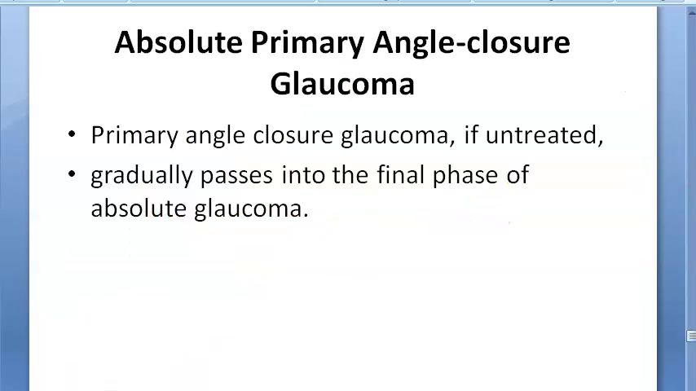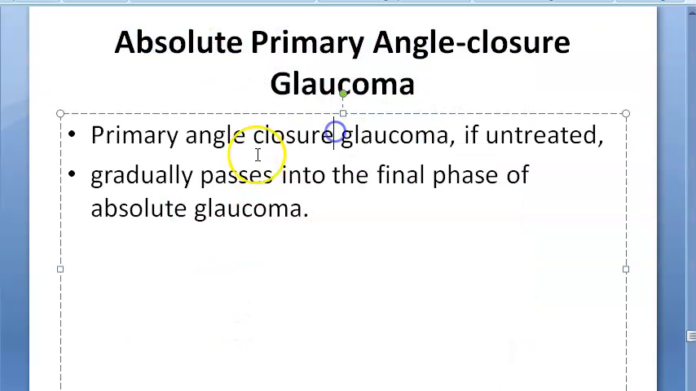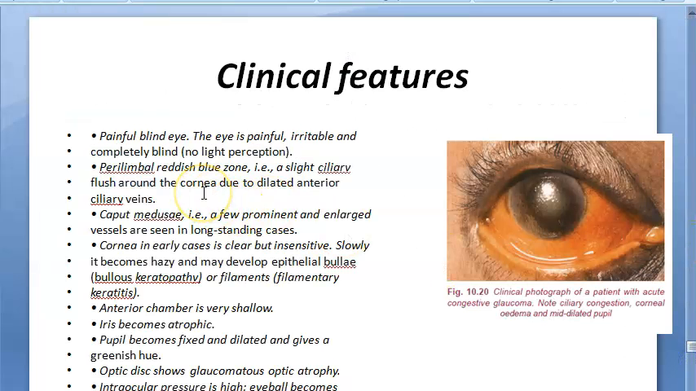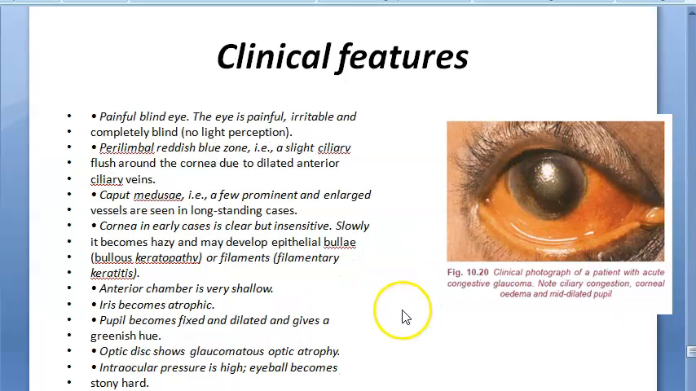Guys, one last thing the textbook says is absolute primary angle closure glaucoma. So what is this? If you don't treat primary angle closure glaucoma, it can go to absolute glaucoma. So what is this absolute glaucoma? Painful blind eye they will have, perilimbal reddish blue zone, caput medusae, cornea will be clear but insensitive, then anterior